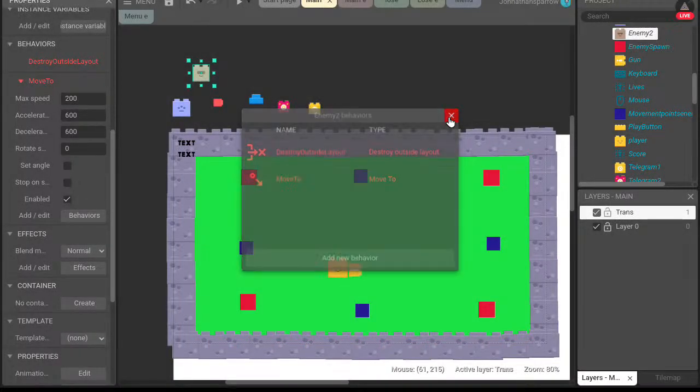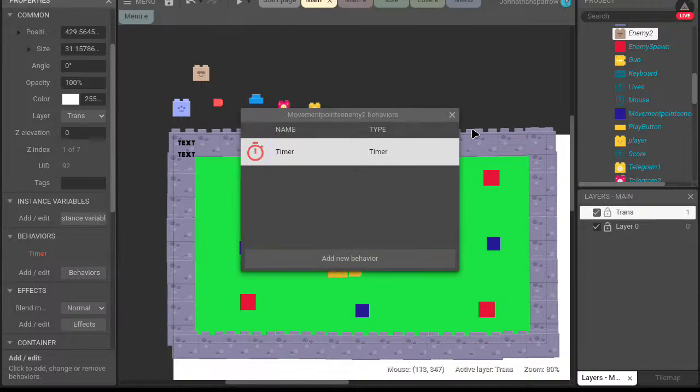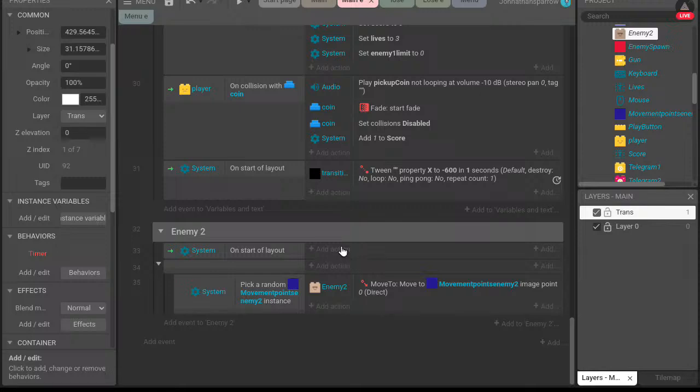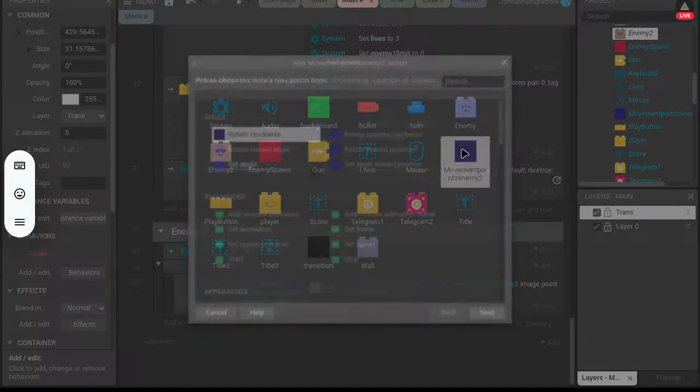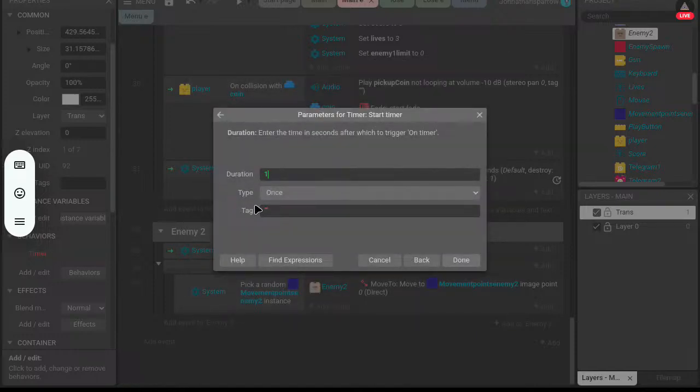Delete. Maybe I should have had that as the timer. Oh yeah, that already had the timer. Start timer. Let's have it set to 1. No, 2. Yeah, 1. Done.